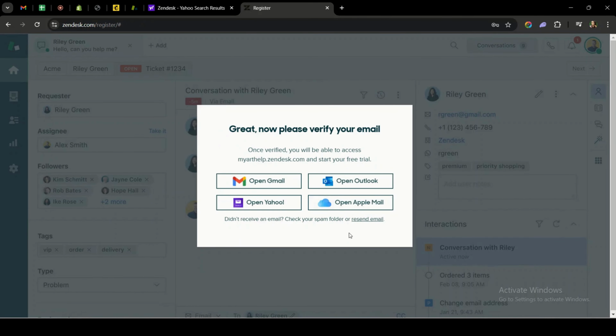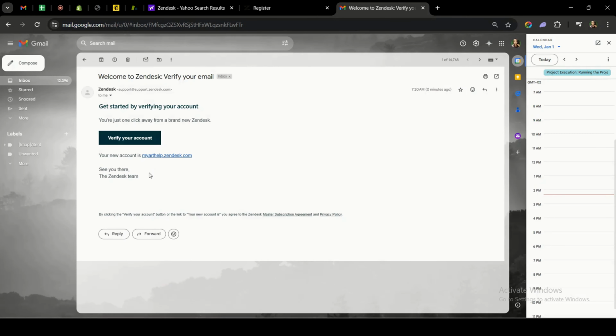And with that, you'll be receiving a verification email with the email that you've signed up. By selecting Open Gmail, you'll be able to access your email address and the verification link that has been sent. From here, you can simply click on Verify Your Account, and that will direct you to a verified Open Zendesk